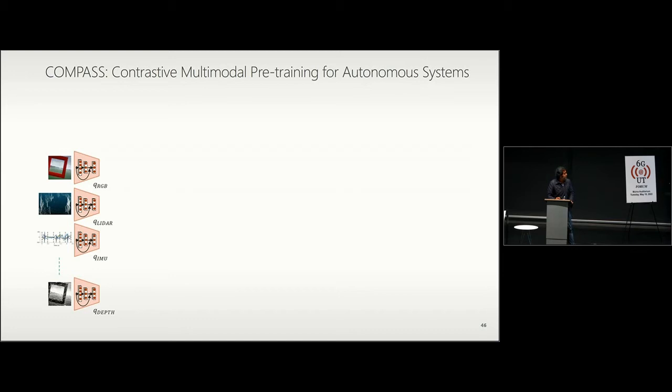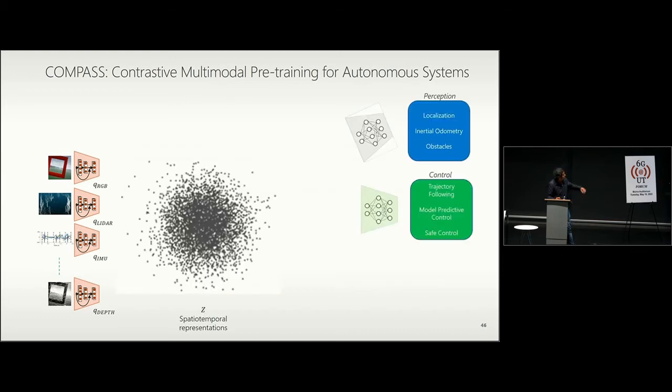So imagine you have a robot that has a bunch of sensors, many different kinds of sensors, including cameras, LiDARs, IMU, depth, GPS, whatever it is, right? And in the end, you want to solve various tasks in your robotic stack or in your cyber physical system perception action loop. For instance, you might want to figure out the localization or you want to control things. You want to identify if there is an obstacle or not. You want to plan on all those things.